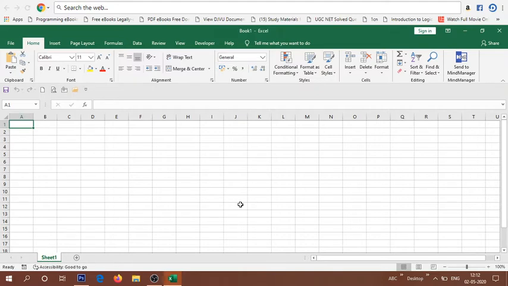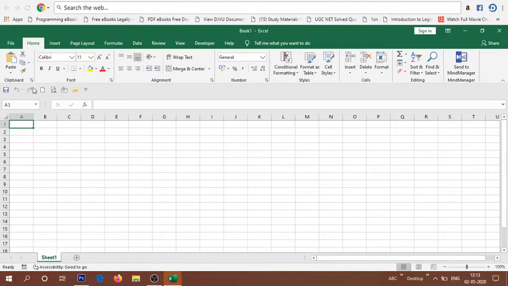Hi, in this video we will learn more about the ribbon bar, the home tab. So when you open Excel, you can see the home tab here. This is the ribbon bar for the home tab. Okay, and we have different menu options. You can see here: file, home, insert, page layout, formulas, data, view, everything. So in this video we will be learning the home tab, and these are the options we have. We call this area the ribbon bar.